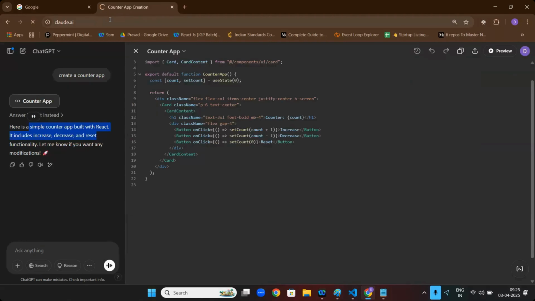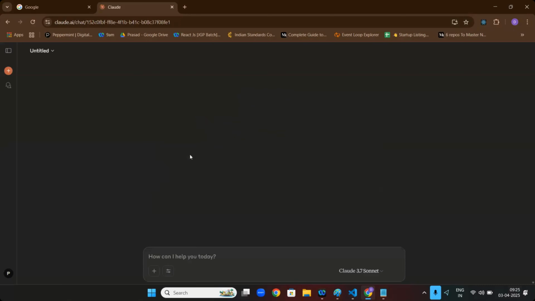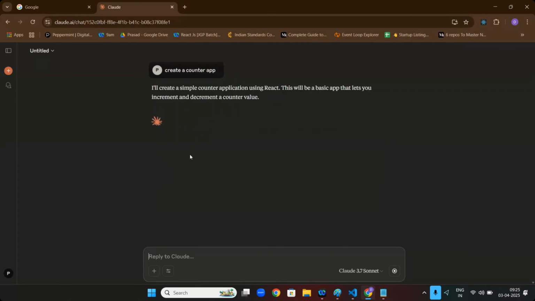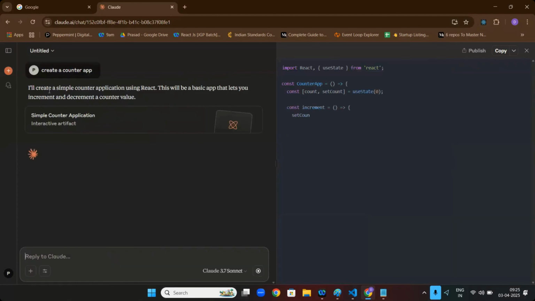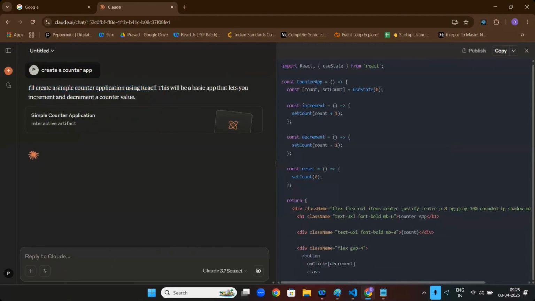Go to Claude AI. Create a counter app. Now, see, I am creating a simple counter application using React.